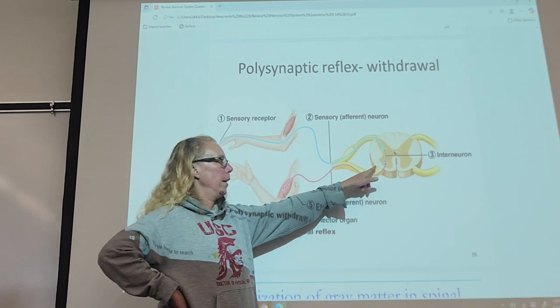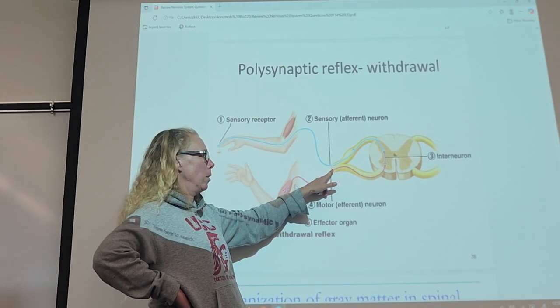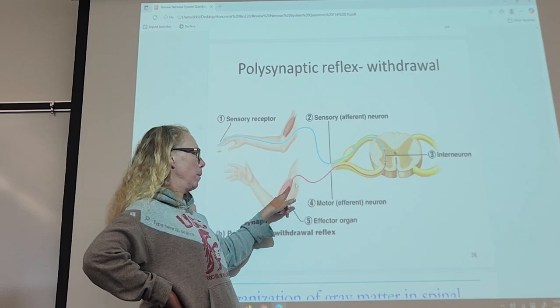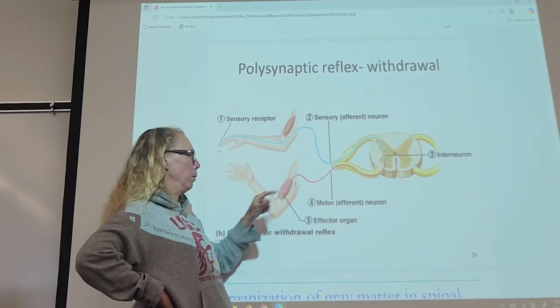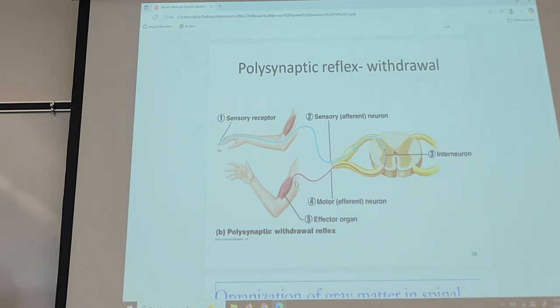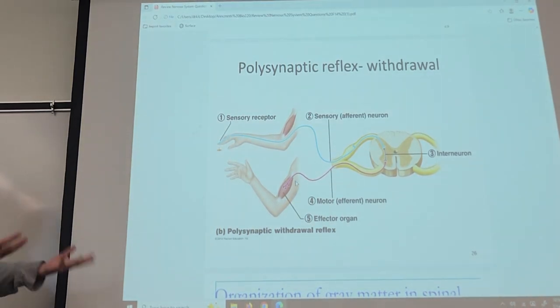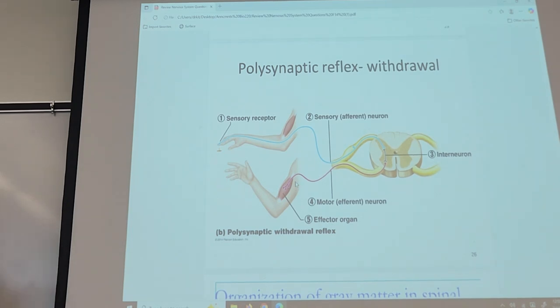So that motor neuron then gets stimulated, sends information out the ventral root, out the spinal nerve, and terminates on, the example here would be like your biceps muscle. And the overall effect is contraction of the biceps muscle in order for you to remove your hand from that